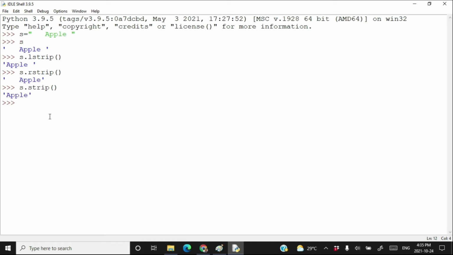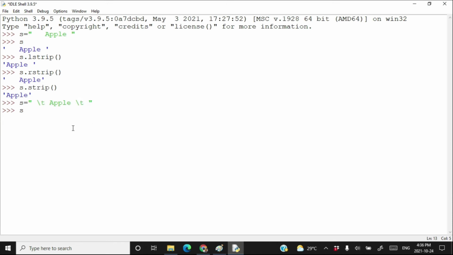And spaces do not always mean having a space button, a space symbol. You can have tabs instead of space characters. Like I have a space, I have a backslash t and then apple followed by a space followed by backslash t followed by another space. So you can say that I have three spaces in the beginning and three spaces at the end.